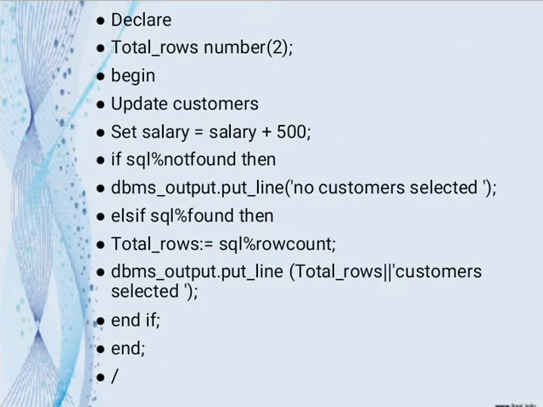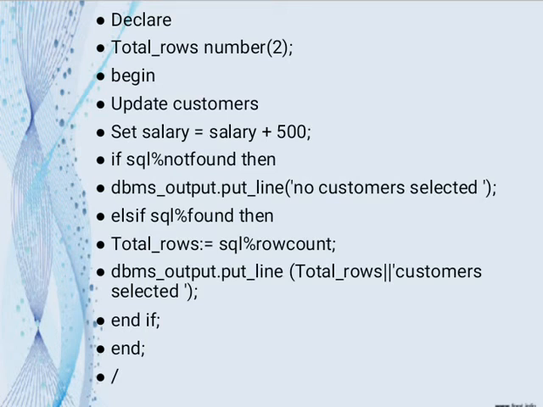In the example, we will be using the customer table, with columns customer ID, customer name, customer age, address and salary. Here is the example. DECLARE total_rows number; BEGIN. We can use the update statement: UPDATE customer SET salary = salary + 500;